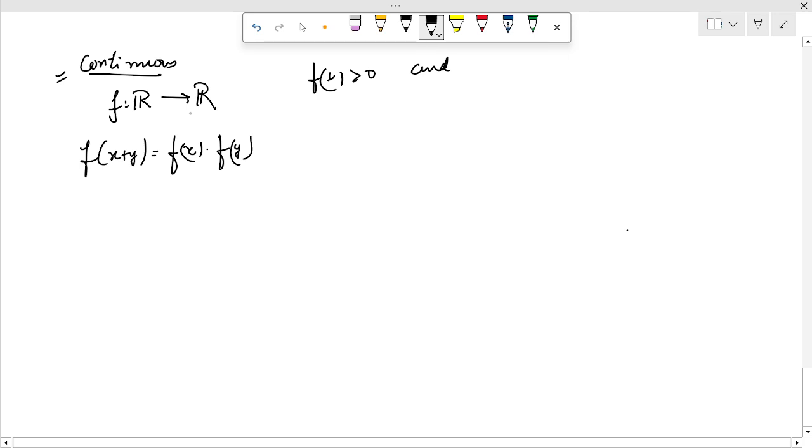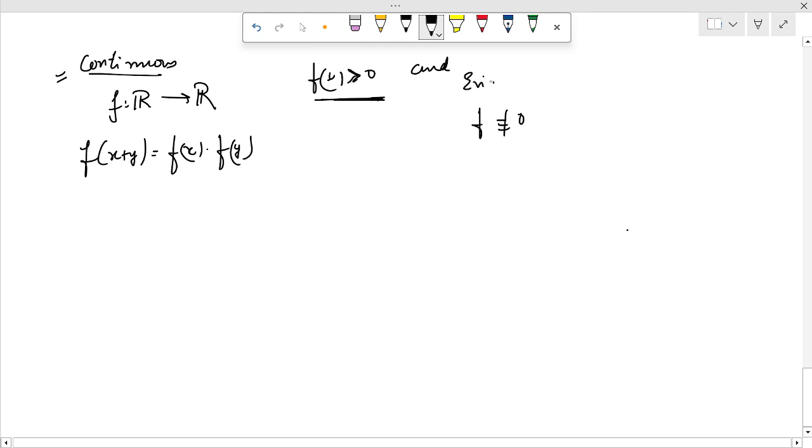One function is defined from R to R, f(1) is not equal to 0, and f(x + y) is equal to f(x) times f(y). So this is something we want to do. The first thing that we need to understand is that it is quite clear from this particular condition that f cannot be identically 0. Because if it is an identically 0 function, obviously this satisfies the equation, because if you place 0, 0 here, then this will be 0. That's all fine. But the point is that f(1) is always greater than 0. So we cannot have this kind of function.